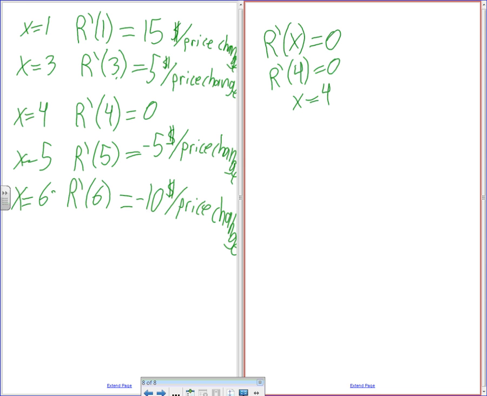So then that's 4 price increases, and it starts at $1.75. So $1.75 plus 4 times $0.25, so that would be $2.75. So when the price is $2.75,